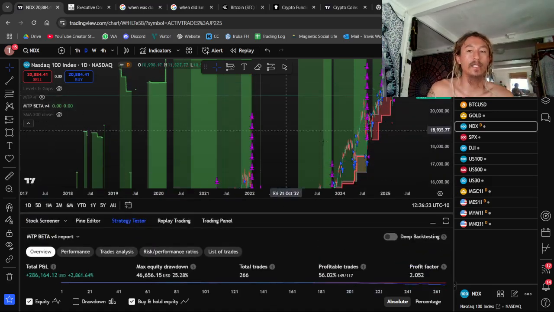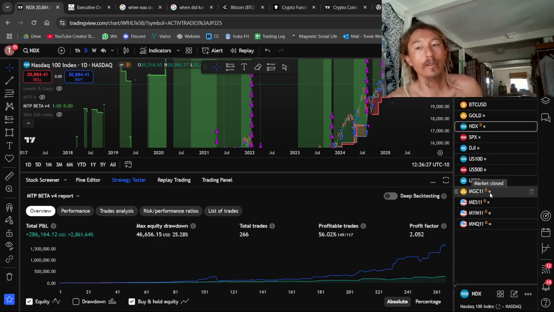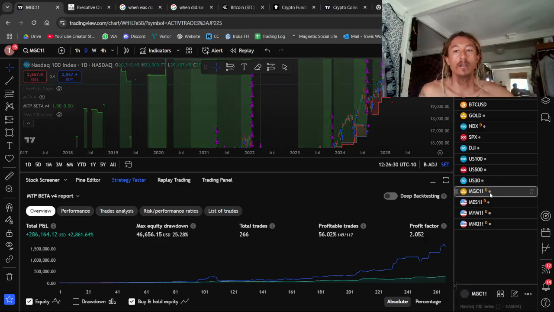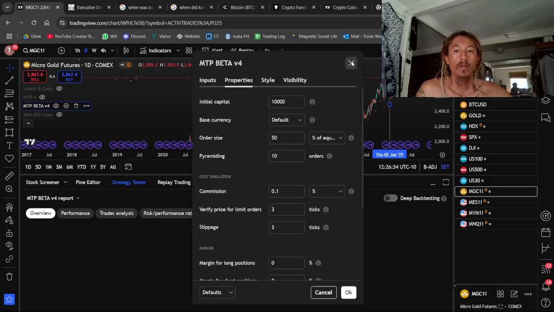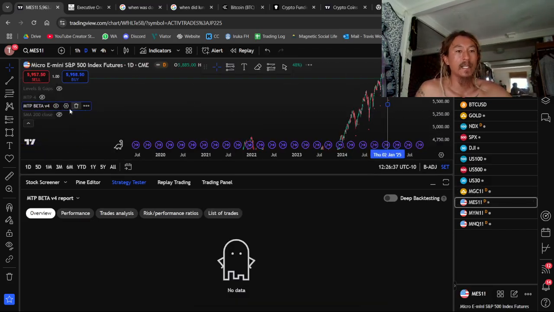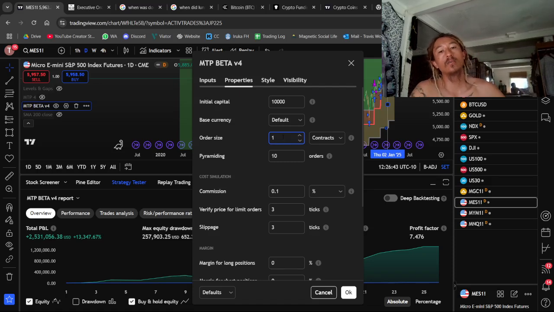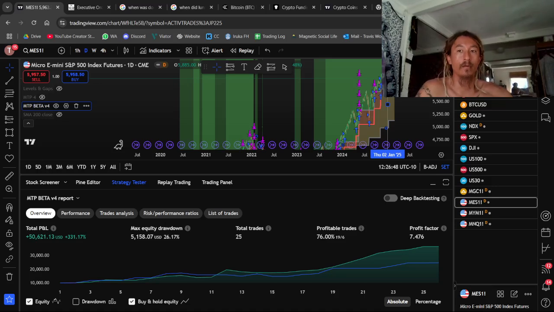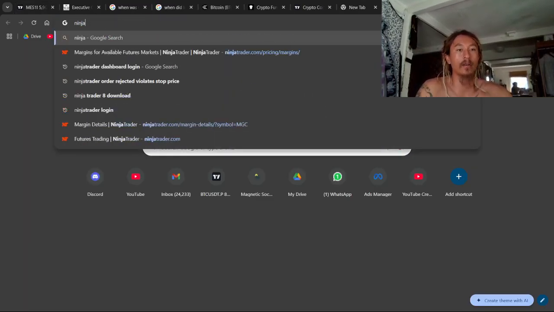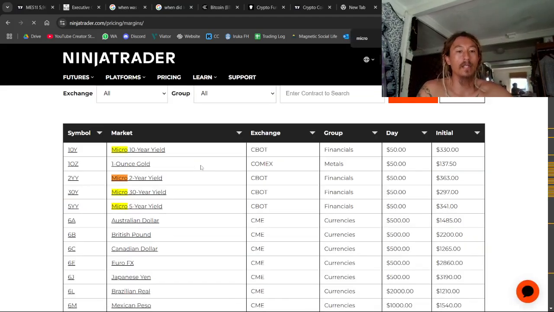We can get into the weeds and play with some settings, but I want to do that on the futures contracts themselves. So on the right, I have them. I've got the micros. Now the issue with trading micros and minis is that you guys know this, you cannot do partial contracts, and the contracts are large. So if we look, for instance, at NinjaTrader pricing margins, which is where I trade, and look at the